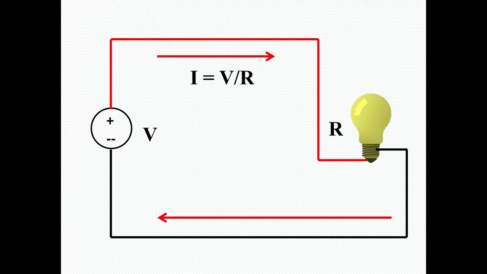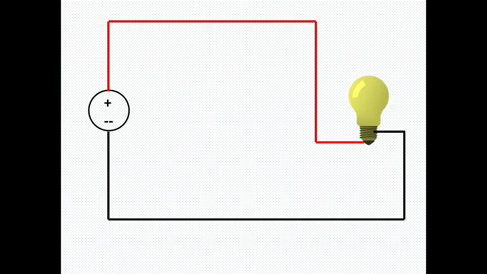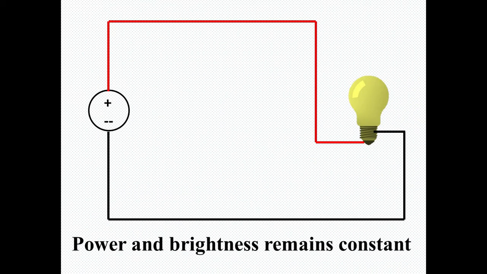If the voltage of the DC voltage source is V and the resistance of the lamp load is R, then a fixed amount of current will flow in the circuit as soon as we make a closed loop. This current is given by V upon R. Because the amplitude of the voltage source and the resistance of the lamp load is fixed, the current in the loop will remain constant. This means that we do not have any means to vary the power delivery to the load. If we wish to vary the brightness of the lamp, then it is impossible in this case.